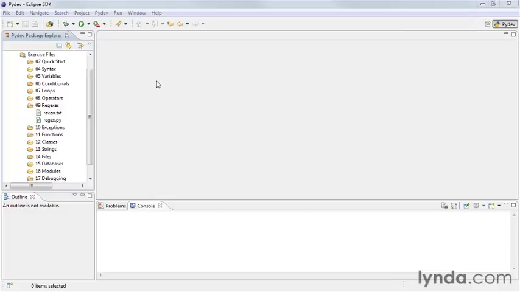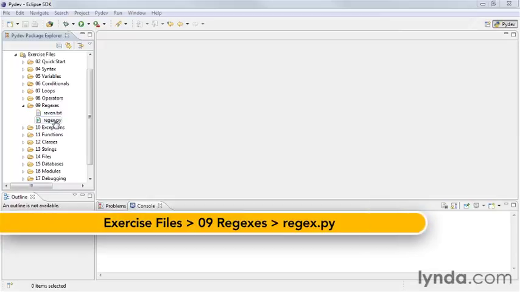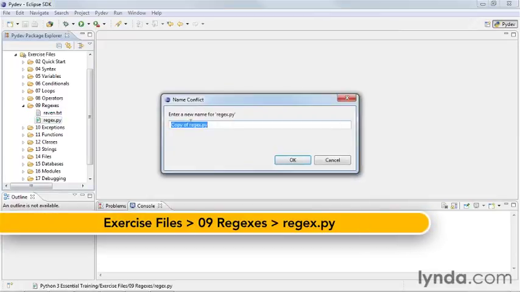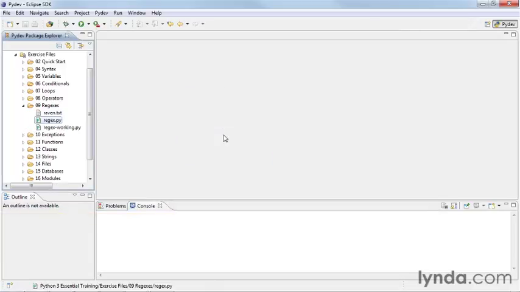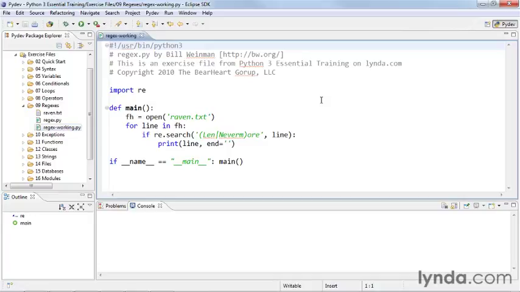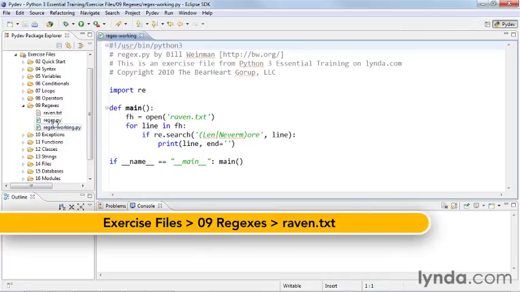So let's take a look at how we use regular expressions in Python. We'll start by making a working copy of regex.py, and we'll call this regex-working.py. Regex is a common short name for regular expressions because who wants to say all those syllables when you can just say regex? And here we have a very simple program that opens a file called raven.txt, which has